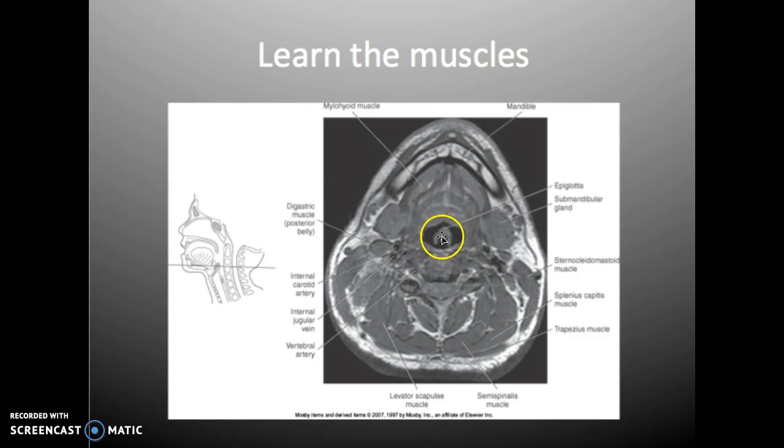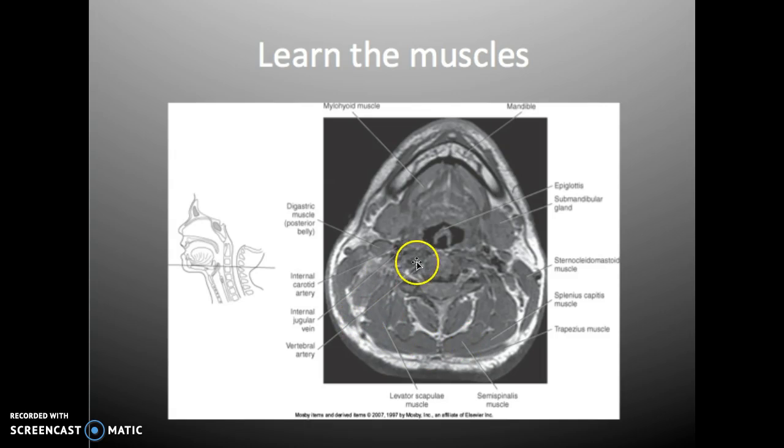Your epiglottis is free floating there for you. Your submandibular gland, and this is your sternocleidomastoid muscle, and I'll show you how that works. It attaches to like your mastoid air cells and wraps around to your clavicle. So as we get lower, it's going to get more and more anterior. You have your trapezius muscle with your splenius capitis muscle, your semispinalis muscle. And you have your levator